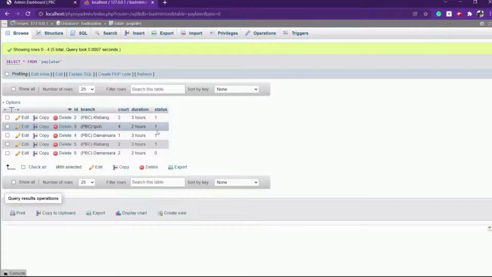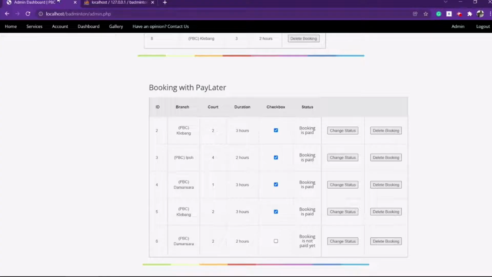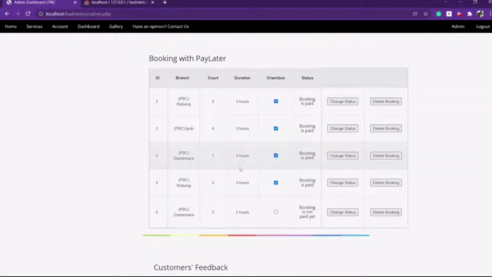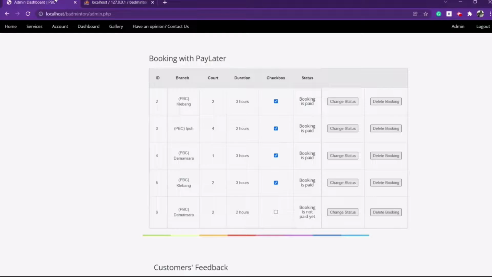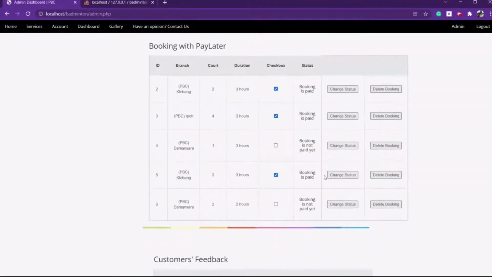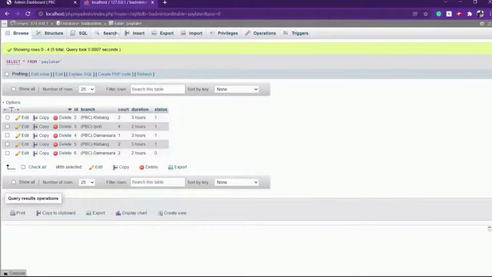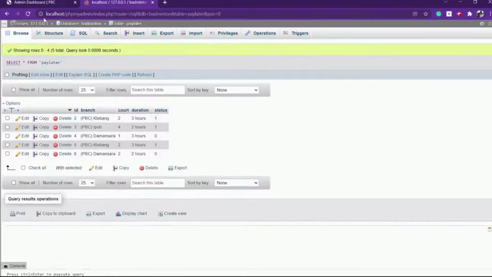What if the employee accidentally made the mistake that actually is not paid yet? So let's say in Damansara, status 1 means it is already paid, but 0 is not. So let's say Damansara, they accidentally key in the wrong status. So if I click change status, and yes, it is not paid yet. But if I click refresh, yes, Damansara is not paid yet. So it is updated